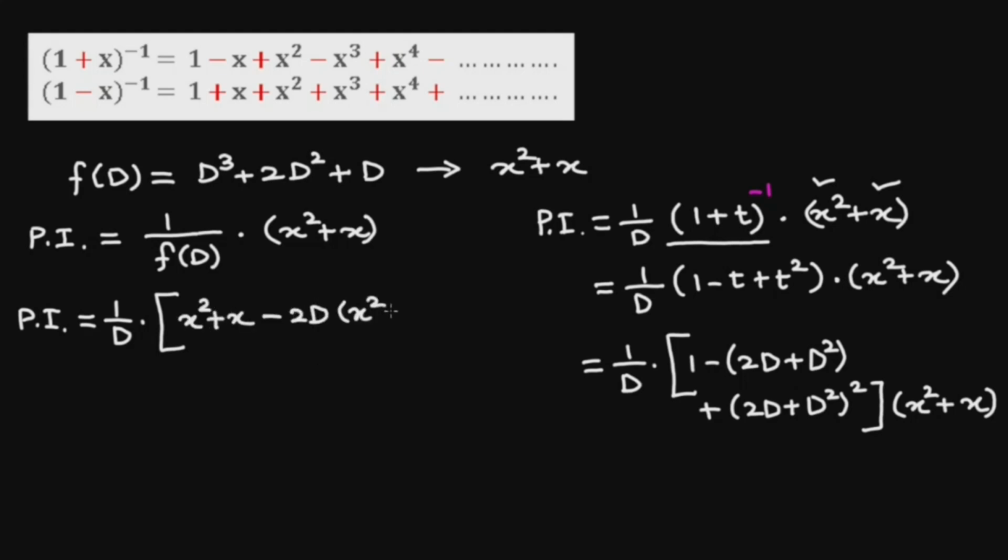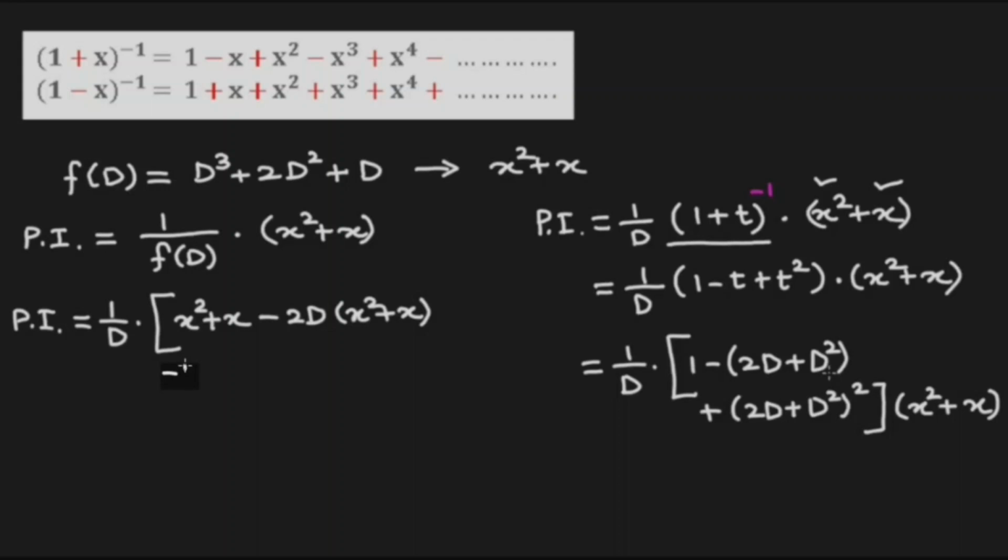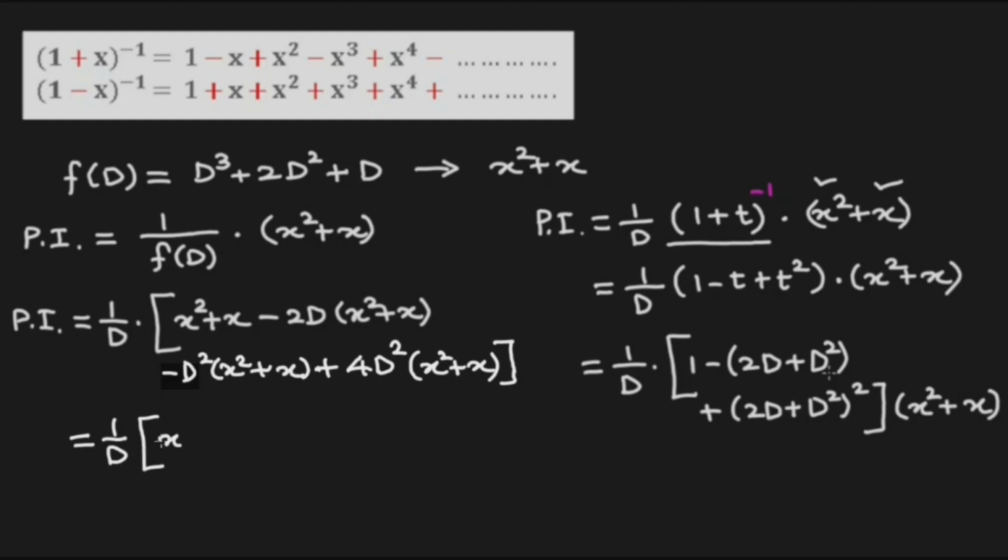minus 2D into x² + x, minus D² into x² + x, plus the first term of the expansion of (2D + D²)², which will be 4D² into x² + x. We will not take further terms in this expansion because the derivatives of x² + x, third derivative onwards, will be 0. So this will be 1/D into x² + x minus 2, the derivative of x²